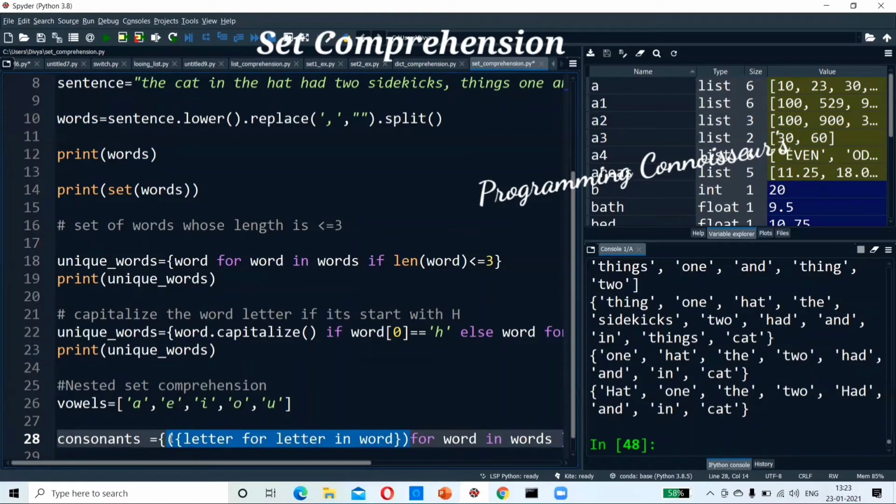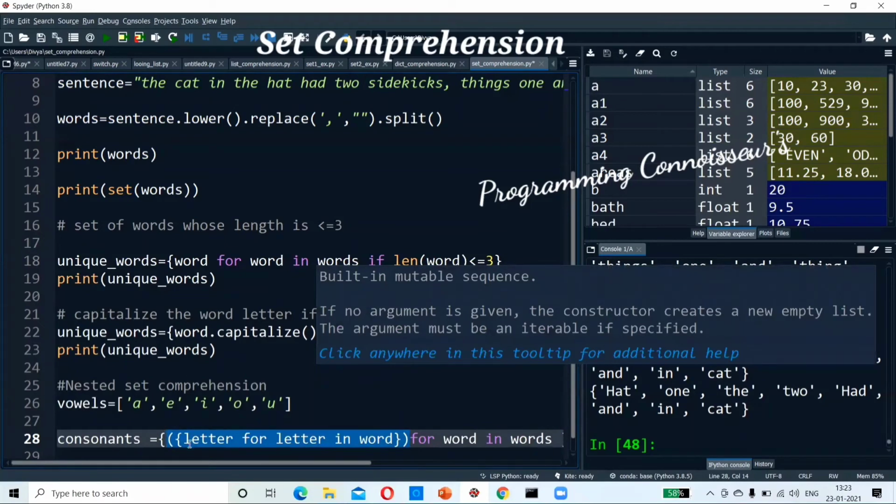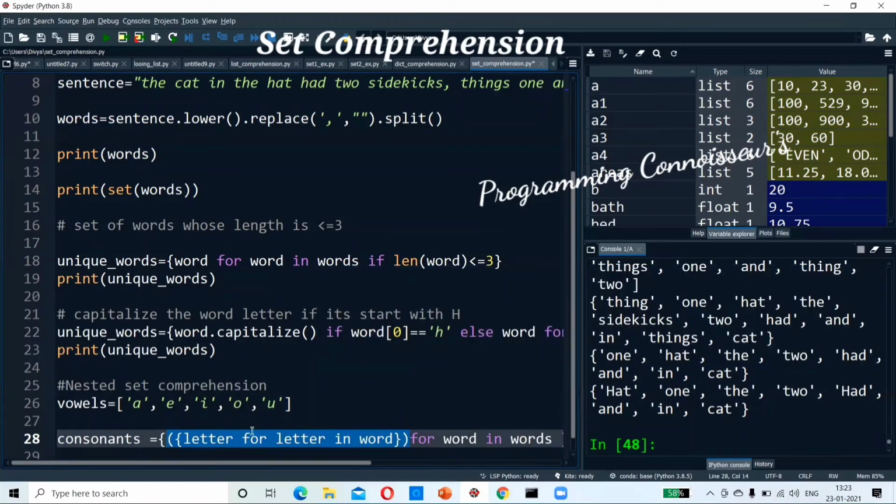For every word in the set we are doing it. Rather than that word, we are replacing it with another comprehension. In the expression, I am doing one more comprehension. Nested comprehension. That's what I am doing. You are understanding?